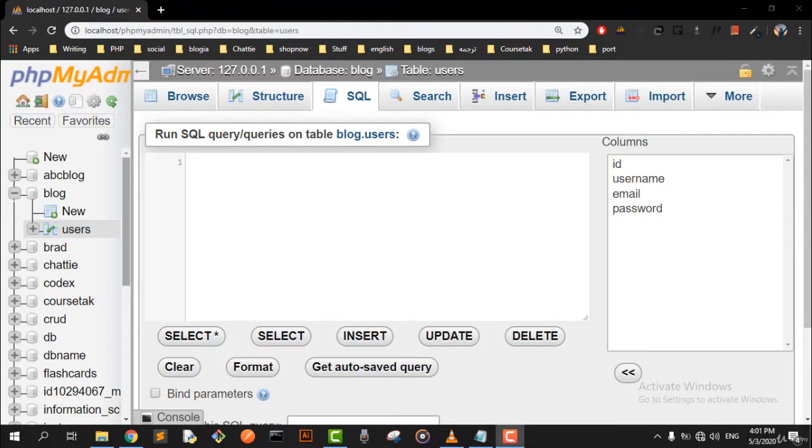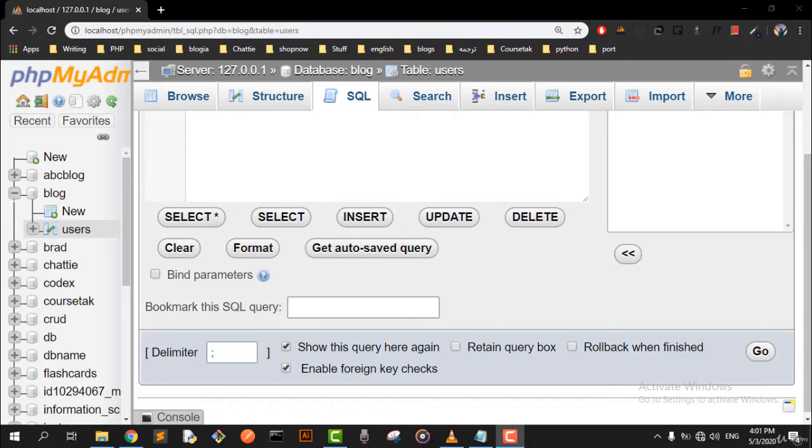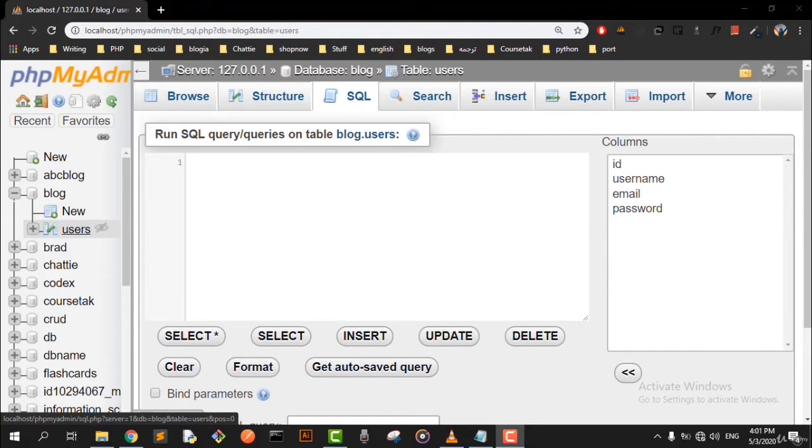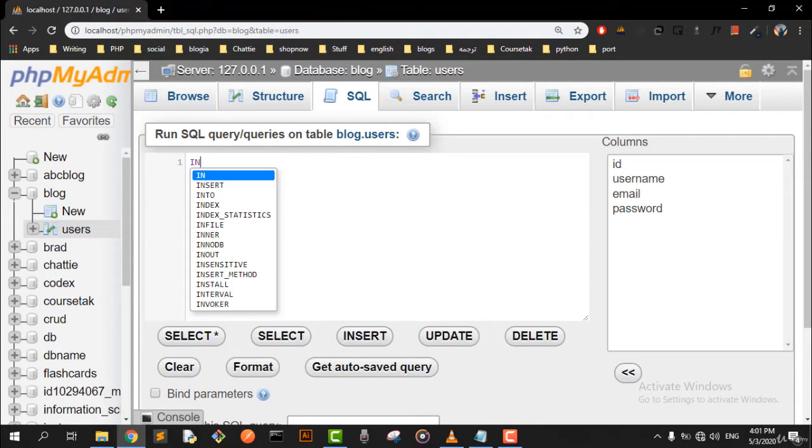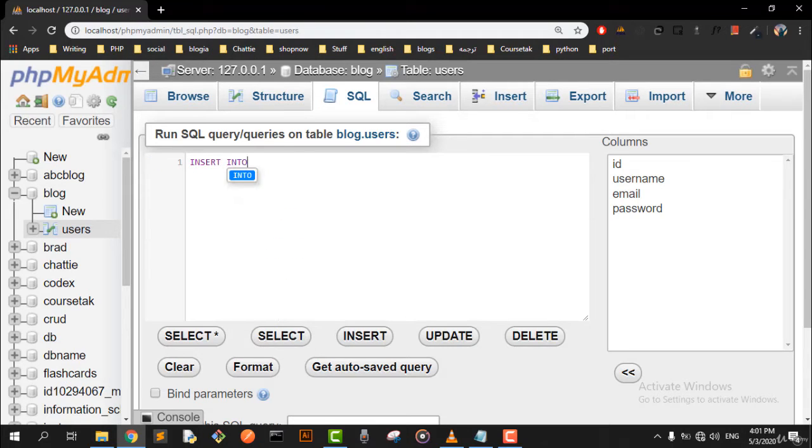So now, after creating the table, I wanna show you guys how to insert data in this table. So start off by typing insert into and the table's name, and we're specifying the columns: ID,